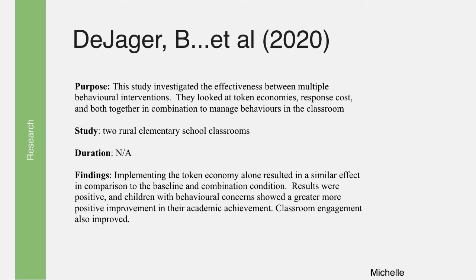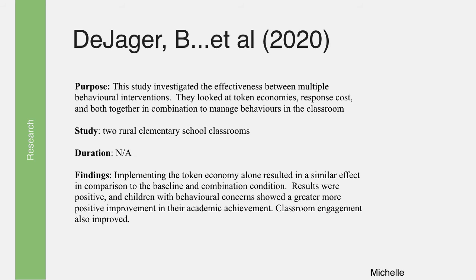So, in this study, the purpose of the study was to investigate the effectiveness between multiple behavioral interventions. They looked at token economies, response cost, and then they also looked at how both would work together as a combination to manage behaviors in the classroom. The study used two rural elementary school classrooms. Didn't really say how long the study occurred for, but the findings were that implementing the token